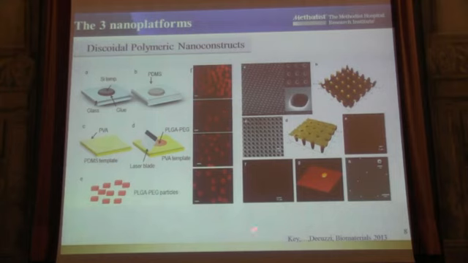You see here some of the steps in the synthesis process, starting from a silicon template and moving into PDMS and PVA templates, sacrificial PVA templates, and then eventually the individual particles that are, as I said, discoidal in shape,